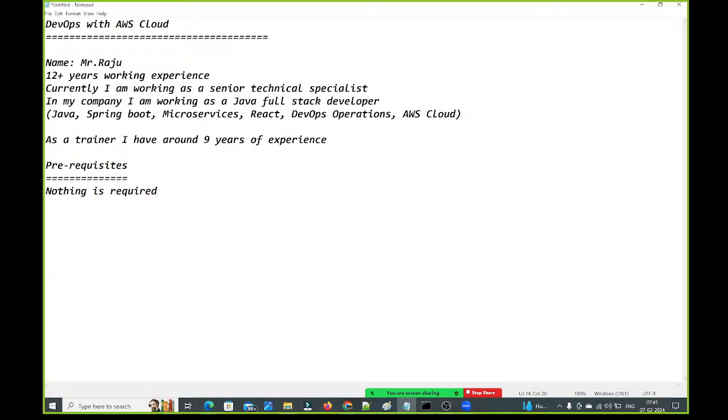There is no prerequisite, there is no coding, guys. Very little coding, when you write Python scripting, at that time very little coding is there, and I will take care of that. This is the prerequisite to attend this course.